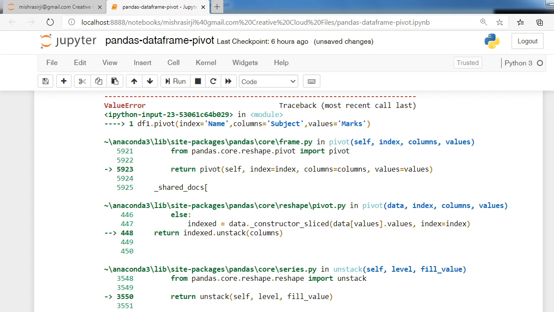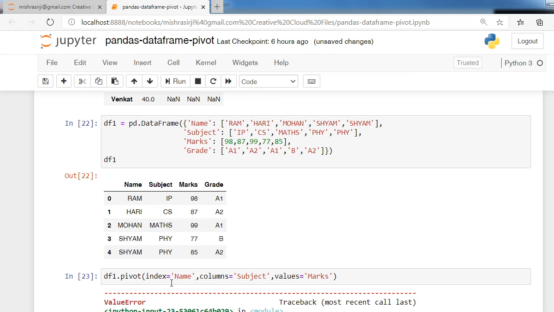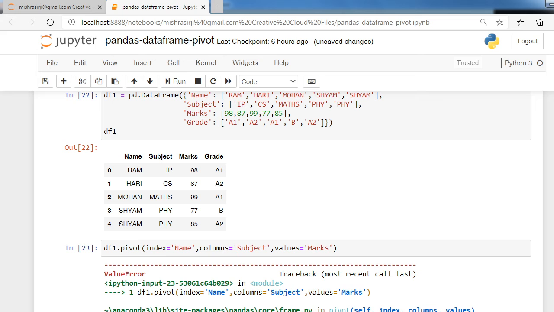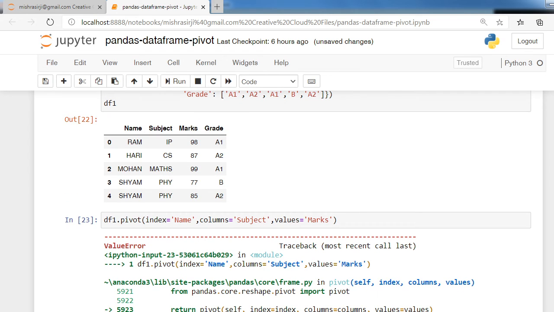Okay, so what is the index here? Index is name. In our concept, the data frame index should be unique, means the index values should not be repeated in the index column.